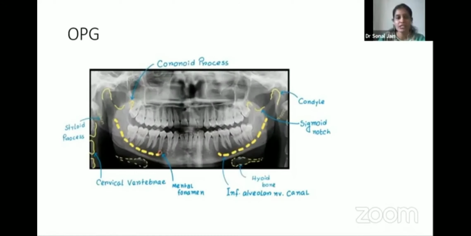Now moving towards the radiology, we have this X-ray, the OPG. OPG is the common name, but we use the long form, orthopantomography, also called panoramic radiography. You can see here the coronoid process. It is mainly used to see the position of the different teeth, and here we can also see the mental foramen. Here are the styloid process and the condyles of the mandible. Then this is the inferior alveolar canal. Then we also see the maxillary processes.